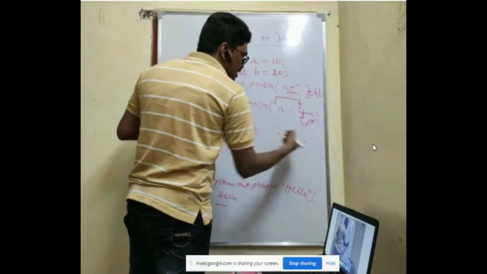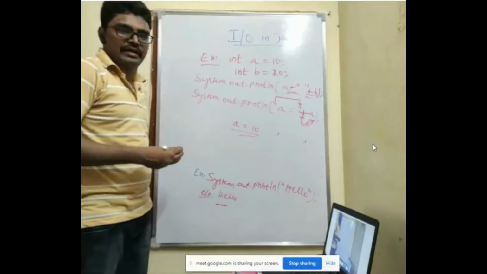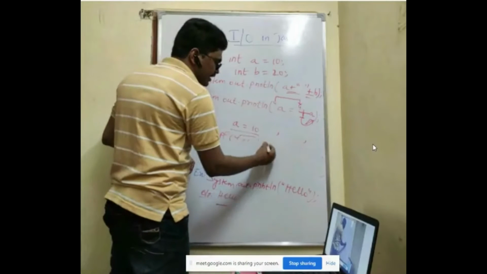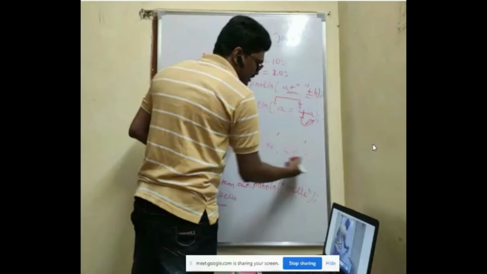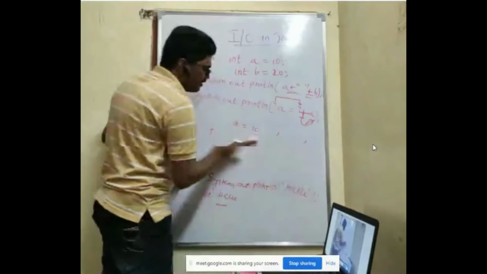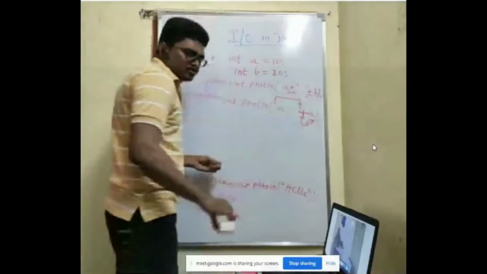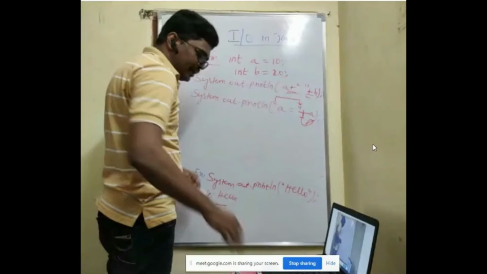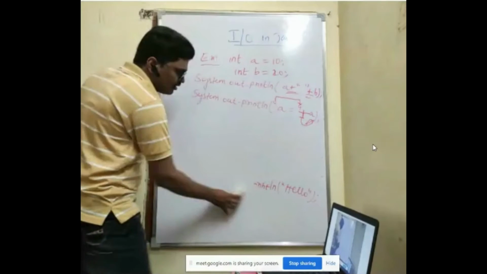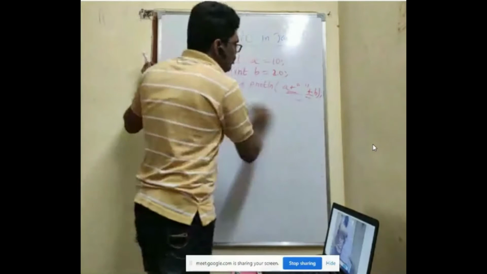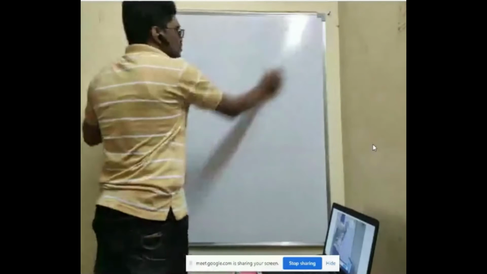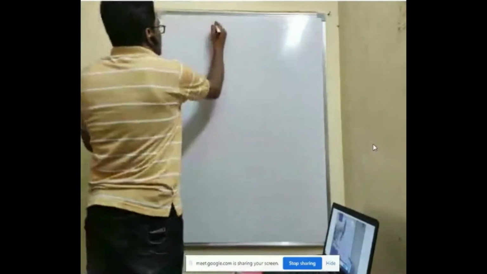How you added comma in your C programming. If you are printing in your C programming, what do you do? printf %d a comma b comma c. You are giving commas. In a similar way, here you have to use the plus symbol. So this is what we have about System.out.println and System.out.print. How to take input we'll see later. We'll directly go to the structure of a Java program.